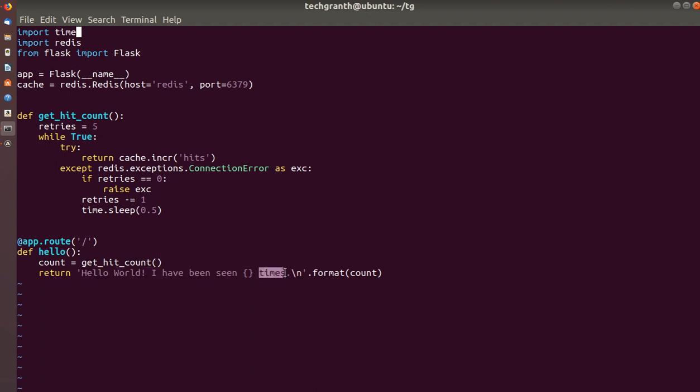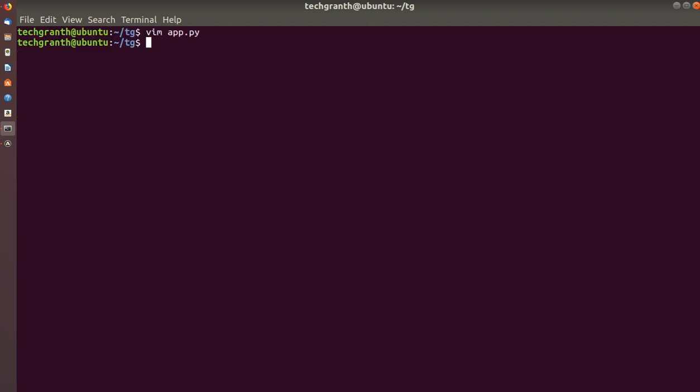Every time we refresh our browser, it will show here the count from get_hit_count. So the main thing here is, whenever our application is working, in the browser we will see this content written there. Okay, so let me just save it.